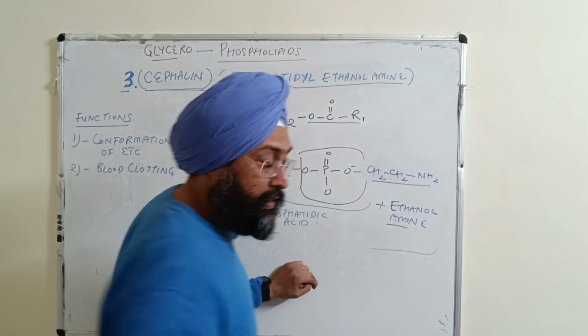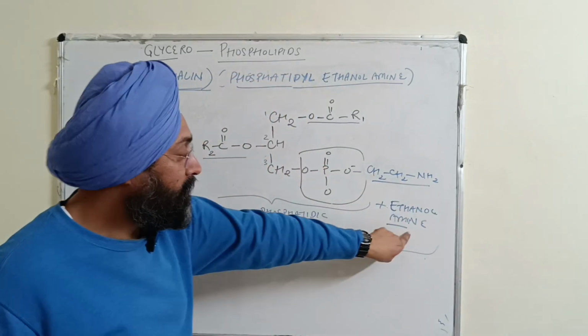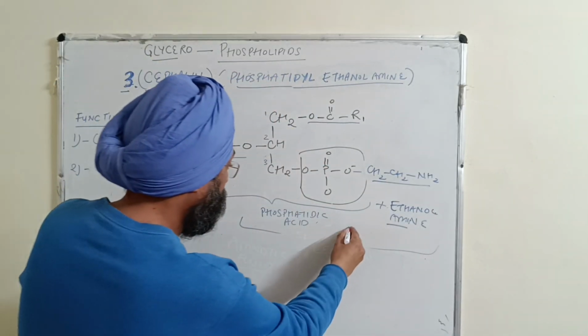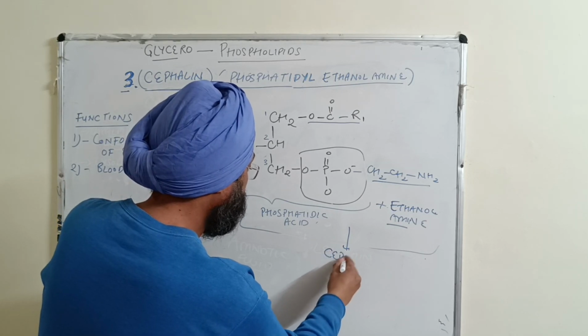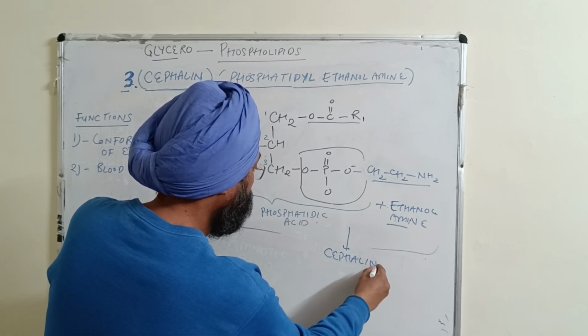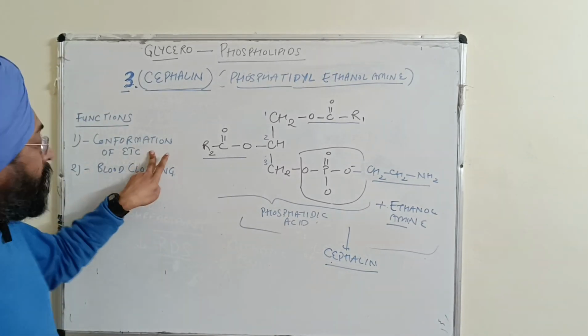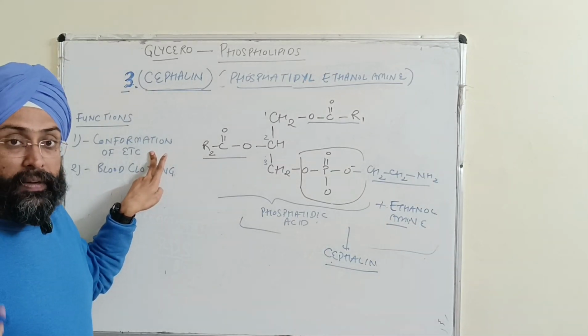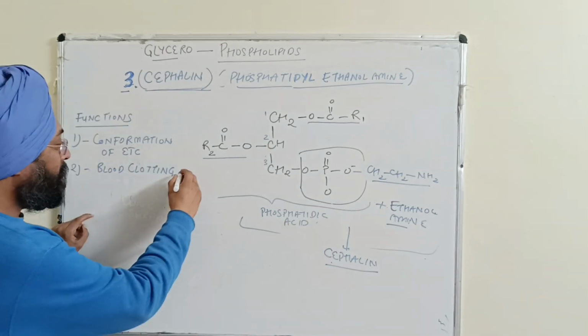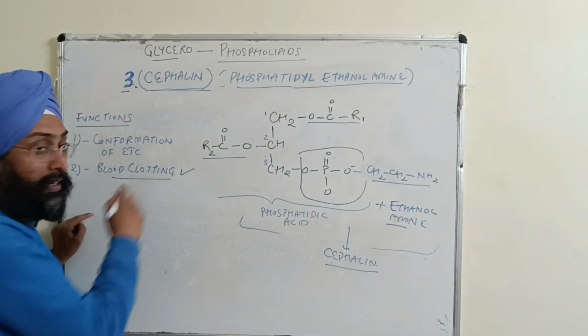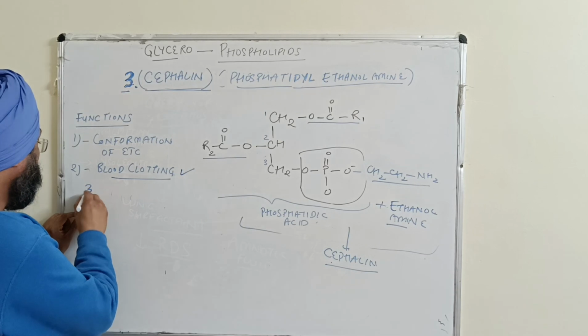So ethanolamine is added, and we will get phosphatidic acid plus ethanolamine. We will get our third phospholipid, that is our cephalin, right? And cephalin plays an important role in conformation of ETC and thus helps in cellular respiration. Besides, it plays some role in blood clotting as well, and it also acts as a